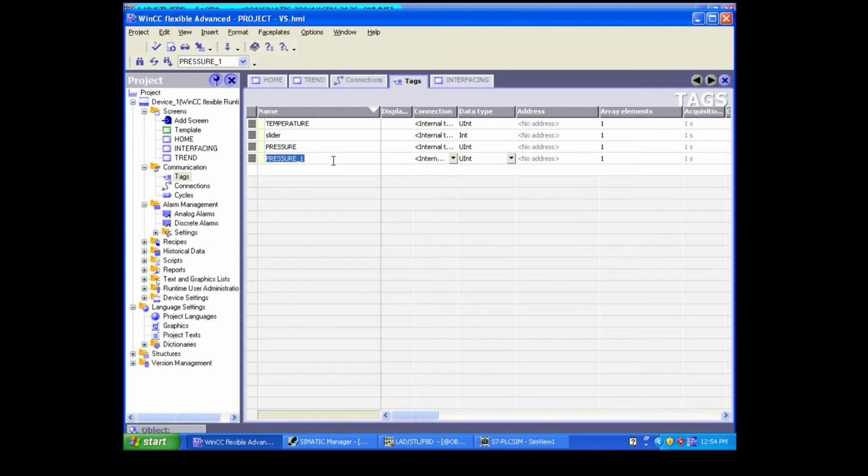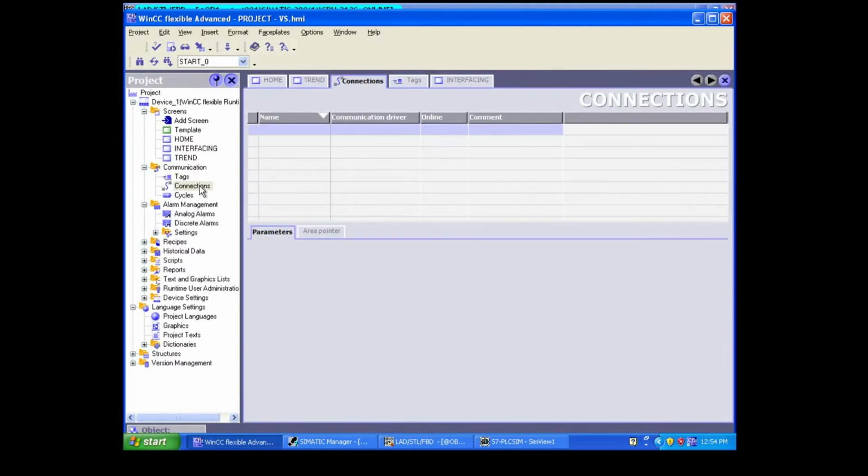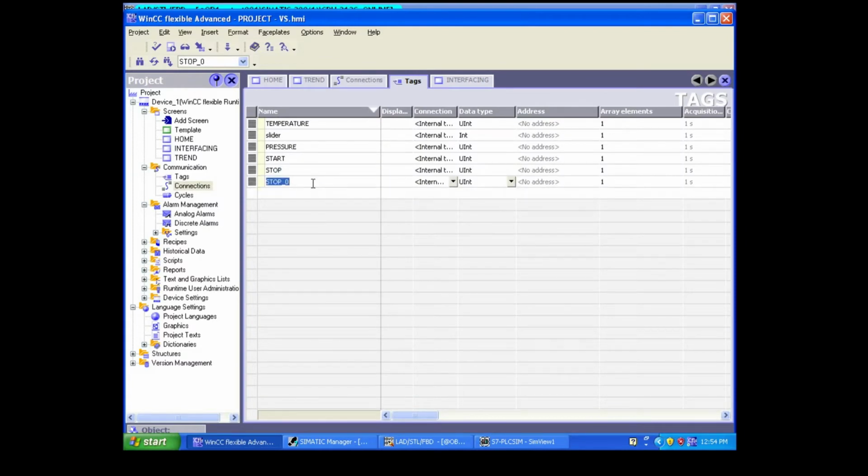These are all the tags we already created in the previous session. Now I'll just create a start tag, a stop tag. Up to this you let it be. After that come to connection. So start and stop tags we have created. Even for the lamp you can create one also.